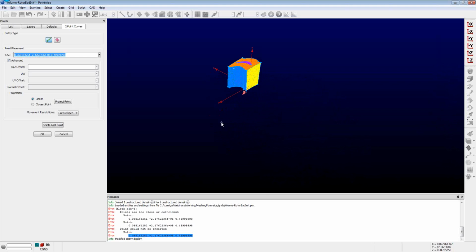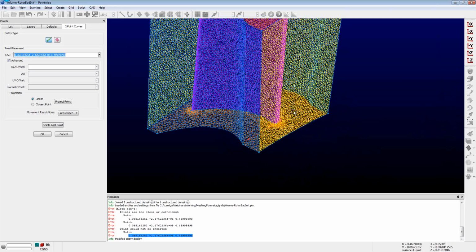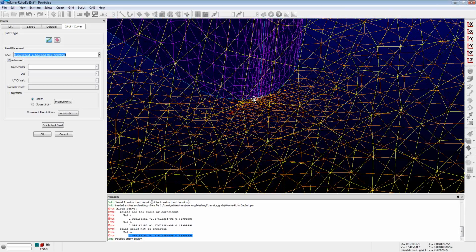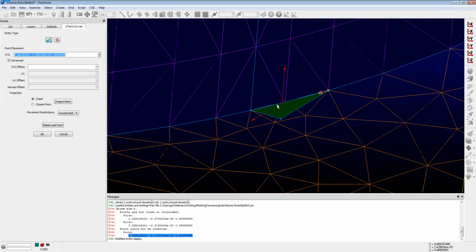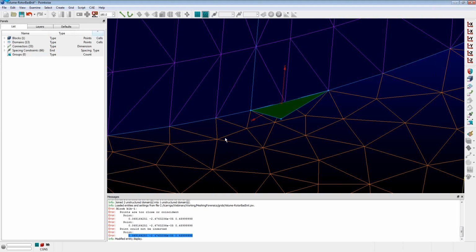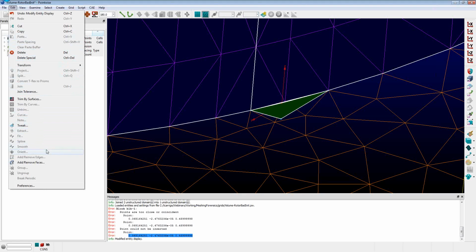So I can use that as a guide to take me to that location. And it just happens to be a point on that domain. Okay, so then I know that this has definitely got to be the problem area in my volume. So I can actually remove that. It's an interior face. I can remove that from the volume definition by grabbing the block and going Edit,